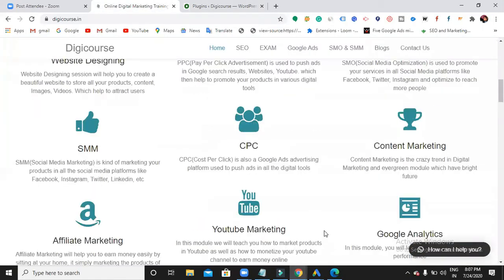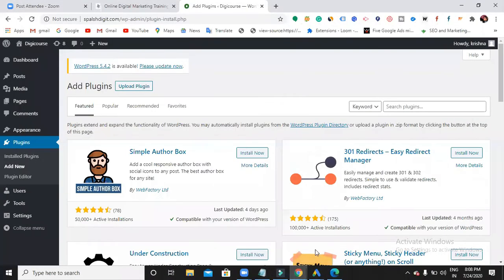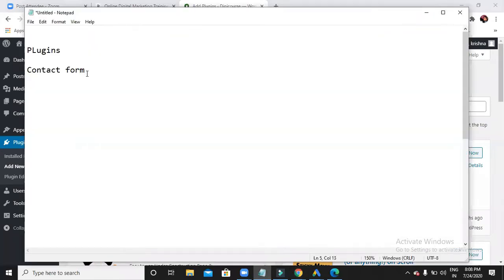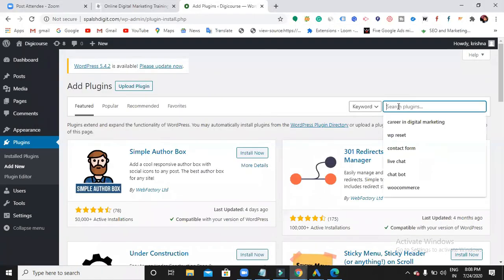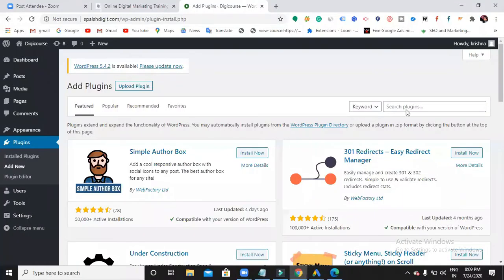It takes some time. Okay, tell me what is the plugin. Now what plugin I want to install? It's a contact form. Now I would like to install a contact form in my website. So let's see now. By default, add plugin, add new, like in menus and pages. In plugins, if you open, by default it will. So now search for a contact form.